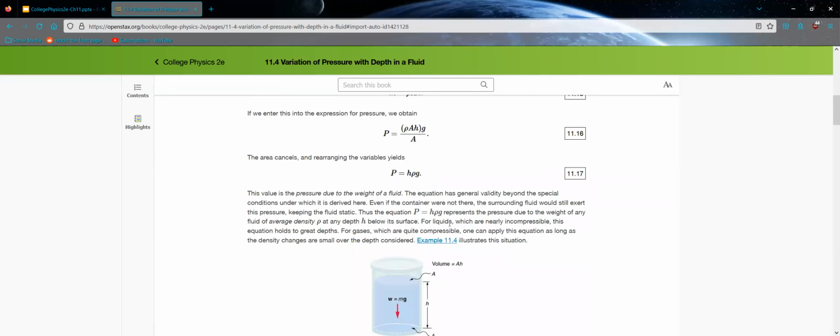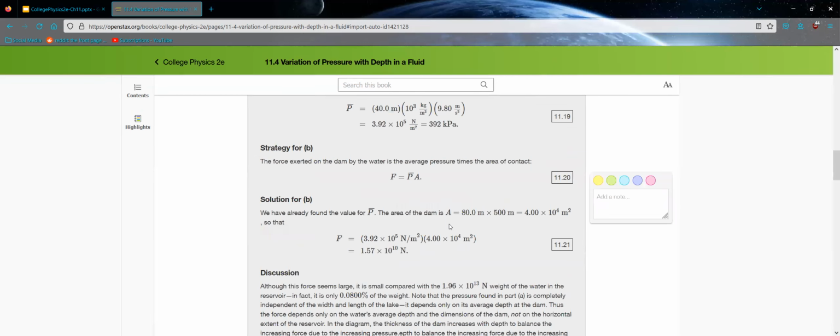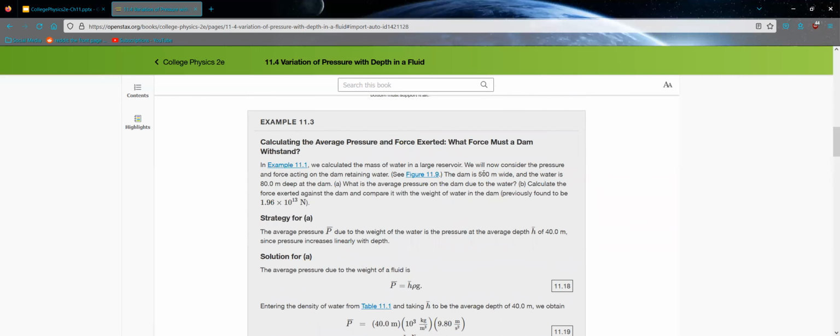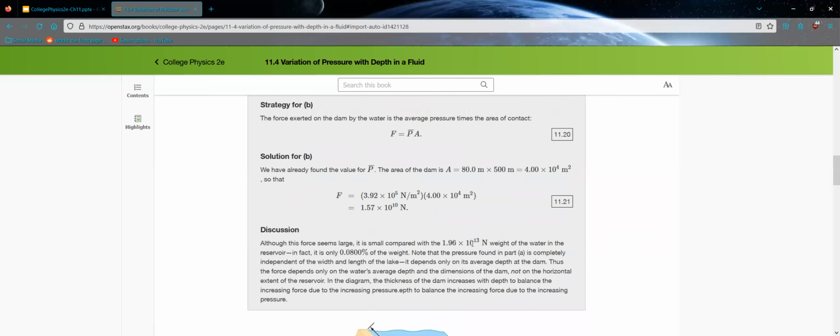So when we learn the area, which we can again calculate because we know its width and its height, therefore we can determine the area. That's just a two-dimensional shape, right? Multiplying those two out gives us 4 times 10 to the fourth meters squared for area. Multiply that by the pressure that we talked about before, that is at 1.57 times 10 to the 10th newtons